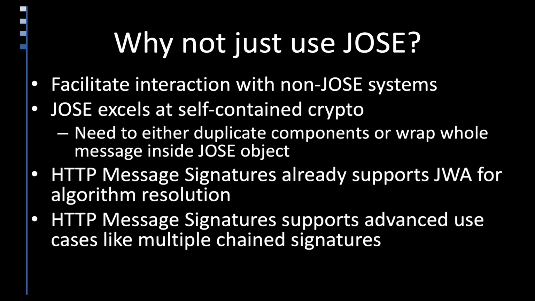If you want to cover the method or the target path or anything like that, you need to put them inside the JWS payload, which is what DPoP does. Or you need to just take the very SOAPy approach and say, we're not actually going to look at any of the outside HTTP message. We're going to just put everything that we want inside of the JOSE object, and HTTP is just a dumb